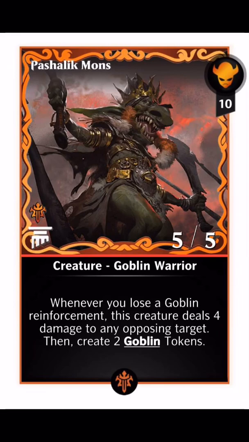Pasha Leak mons. Ooh, yeah. I love goblins. So if you didn't know that, I love them. If you haven't seen my Cranko video or like other goblin thing, I love them. And Pasha Leak mons is going to be a beast. So it's 10 mana for a 5/5, which is decent. And then whenever you lose a goblin reinforcement, this creature deals 4 damage to any opposing target and then create 2 goblin tokens. So this is red, and if you run this with Mirror March, then you get a ton